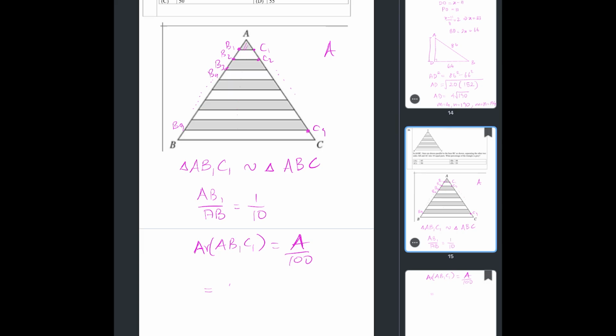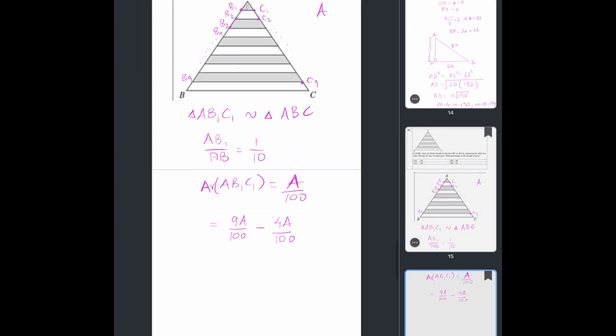So the areas will be in the ratio 9 by 100 and 4 by 100. So we'll have 9A by 100 minus 4A by 100, right? So if we keep doing this, we'll get the area of the shaded part is